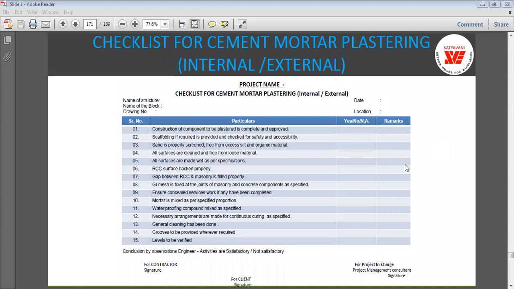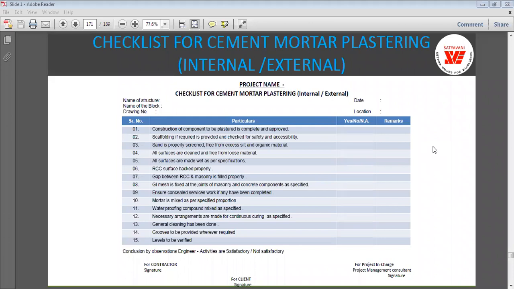Then sand is properly screened, free from excess silt and organic material. Whatever the sand that you are going to use for the plastering work, it is properly screened and free from dust, silt or organic material, that you need to check. All the surfaces are clean and free from loose materials.